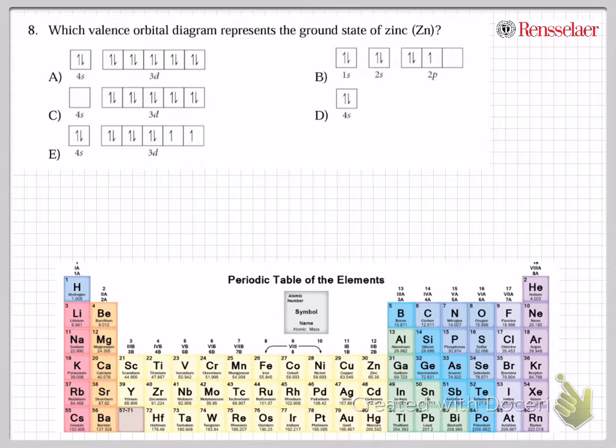Number 8. Which valence orbital diagram represents the ground state of zinc? So this is a periodic table, and this is how you're going to read it. Zinc is, if you're looking around, there is zinc, right? Zinc is in the 1, 2, 3, 4, the fourth row, and the closest noble gas before it is argon. So argon is the closest one, and after argon you are going to have